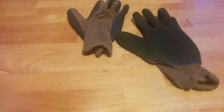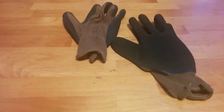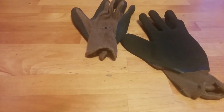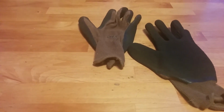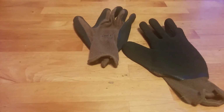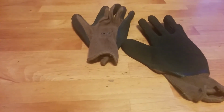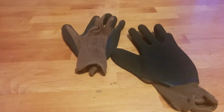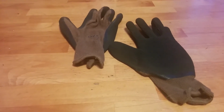I think it's important too to have gloves, because especially in an SHTF event, you go outside for whatever reason, you're going to want to protect your hands, just like wanting to protect your feet, because without your feet you can't walk, and without walking you can't really do anything. Same thing with your hands. If you mess your hands up, you are in a world of trouble,